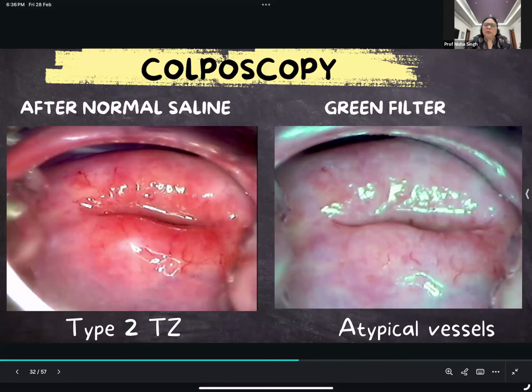So we should try to make an effort to see the endocervical canal as far as possible. And if not, at least try to take a sampling from that particular area. So if one has an endocervical speculum,